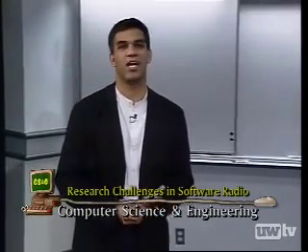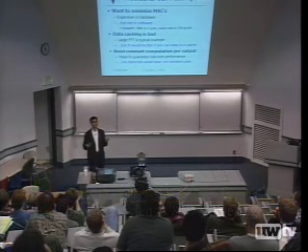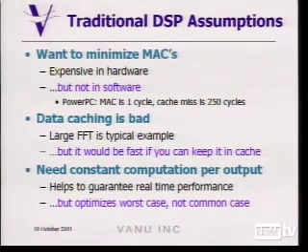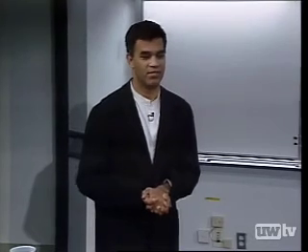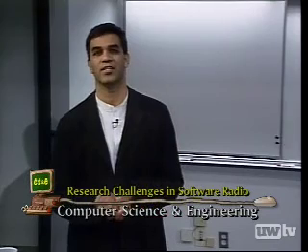So in many DSP algorithms, things like convolution, FIR filters, Viterbi decoders, fast Fourier transforms, there are many assumptions which are made which I actually think are kind of implicit. It's just so ingrained in the way you design things that I'm not sure people realize they're making all of them. One is certainly that you design an algorithm to minimize the number of multiply accumulates. The FFT is a really good example of this. The Cooley-Tukey algorithm, which I'll talk about in the next slide, minimizes multiply accumulates.